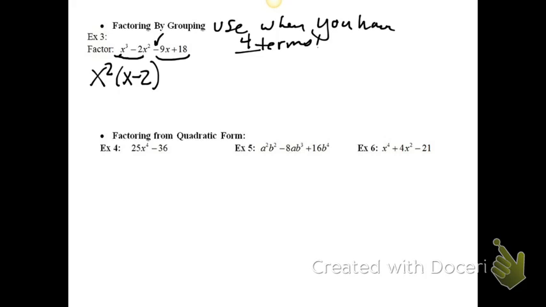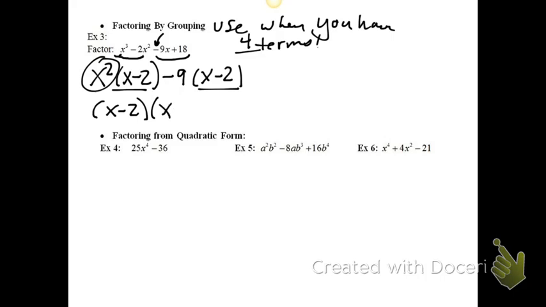Now remember, if there was a negative there, we would pull out a negative 9. Usually that helps. So if I divide negative 9 into negative 9x, that'll leave a positive x. And 18 divided by negative 9 is minus 2. Remember how you want these binomials to match, and if they don't, you can't factor it by grouping. So I factor out the x minus 2 factor, and that leaves me with an x squared